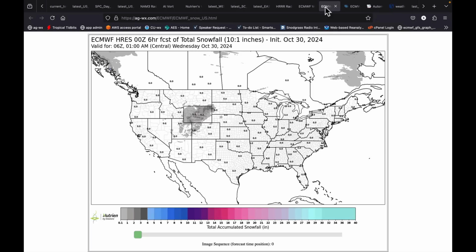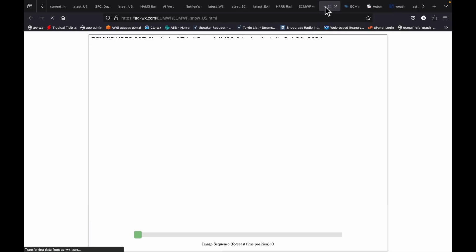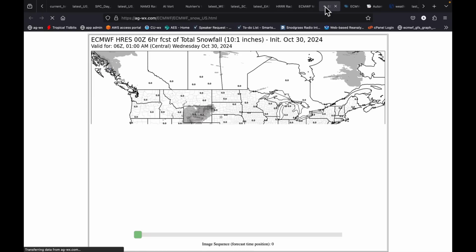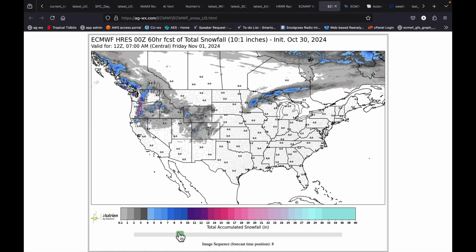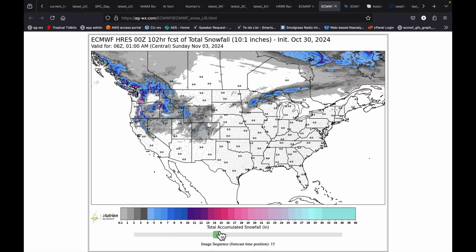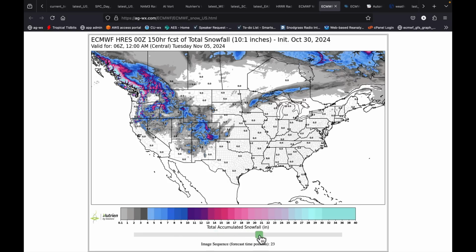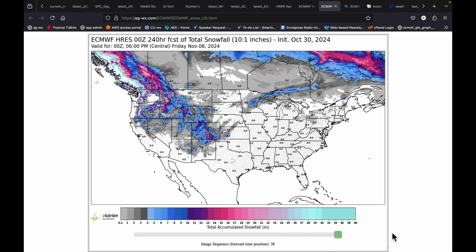And I mentioned some snow. Can I show you what the latest snowfall forecast is going to be? Let's get a refresh on this real quick. As we play this forward, most of this is going to be western snow, but you can see, look at Minnesota, UP, look at parts of Wisconsin grabbing some snow. When is this? This is Halloween. And then we watch the next system dive in and really dump the snow throughout the major mountain systems in the west. And so a 10-day snowfall map looks like that from the European high-res model.